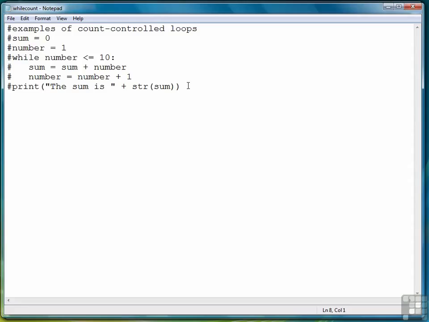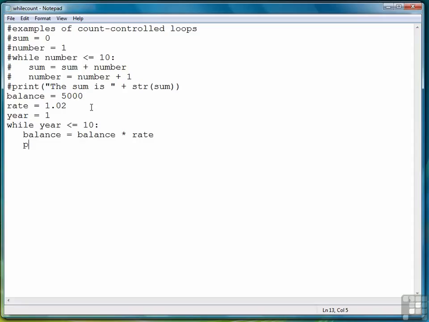This time we'll do one a little bit differently. This time we're going to look at how to compute some simple interest on a savings account, for example. So we're going to set up a balance variable and a rate variable and a year variable. And we want to see how much the balance will increase, growing at a simple interest of 2% per year for 10 years. So we'll say while year is less than or equal to 10, compute the new balance,